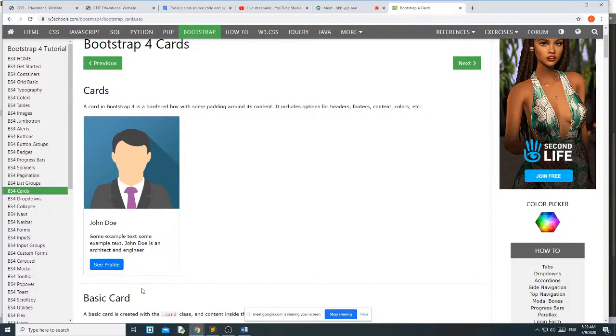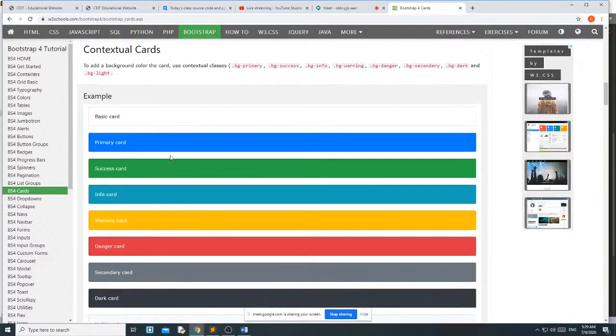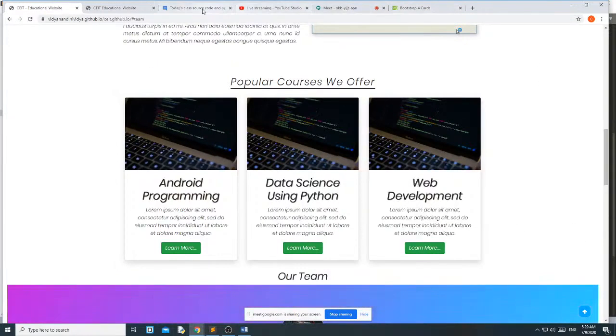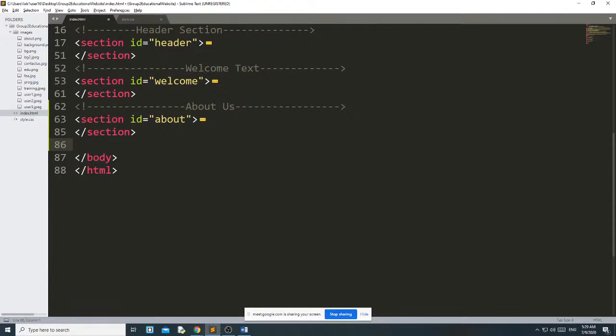It's simply one card, in which you can have header, footer, content and color. You can also include an image. I have used this card to design this part. Let us design that. Here, this is my courses.